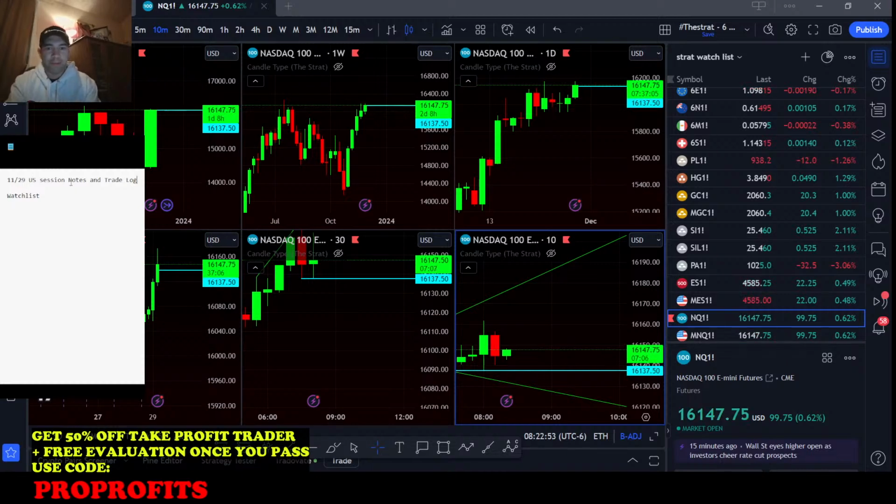I'm really tempted to go long right here, but I've learned my lesson enough times trading the open, that I don't want to get involved in that randomness. I usually let the market pick a direction and then I get in. Okay, so we're gonna watch the NASDAQ.